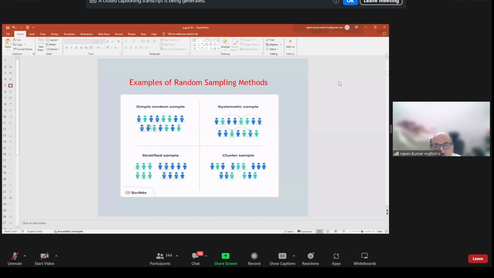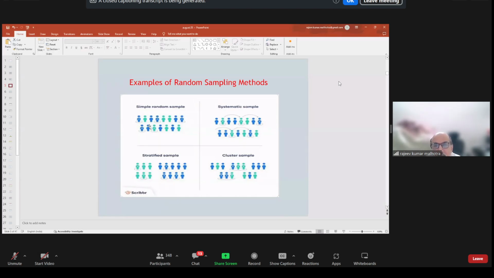In that case, suppose we stratify according to gender, male and female. What is the use of this? To minimize the error. Our objective in estimation is to minimize the error. If we minimize the error, we can precisely estimate our target, the mean or standard deviation. So stratified sampling is where we stratify according to some homogeneous group like male or female, or